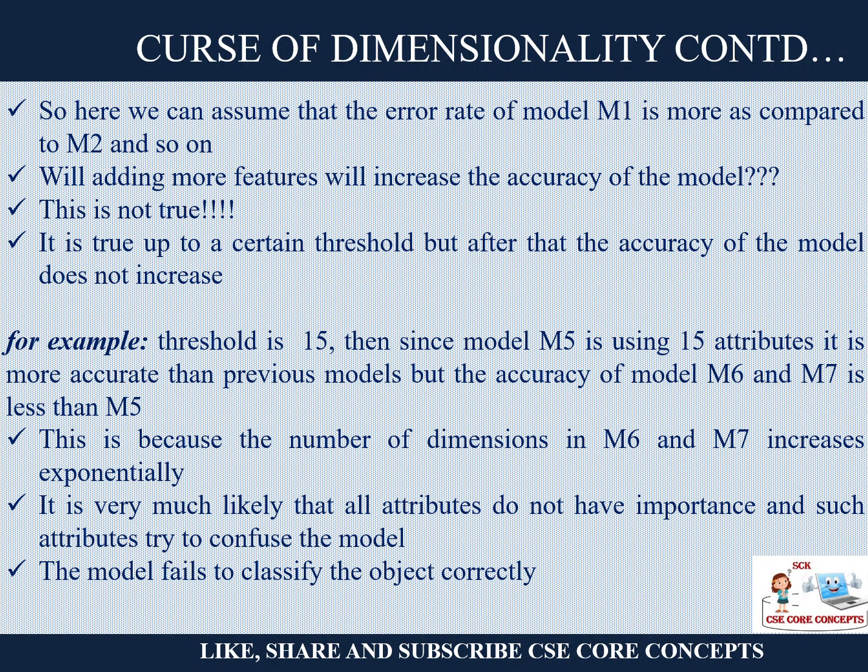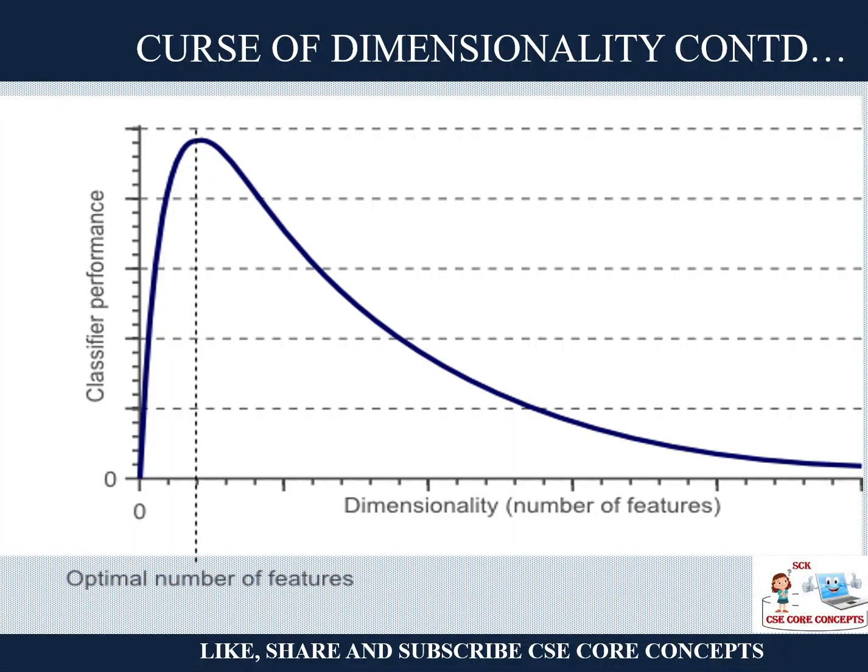The model fails to classify. But if I am doing a prediction based on a certain region, like what is the likelihood that the people of this region will get diabetes, then of course that address and that region is required. But if I am only predicting based on their medical history and their height and weight, then those areas are not required. So you have to understand what type of prediction you are doing.